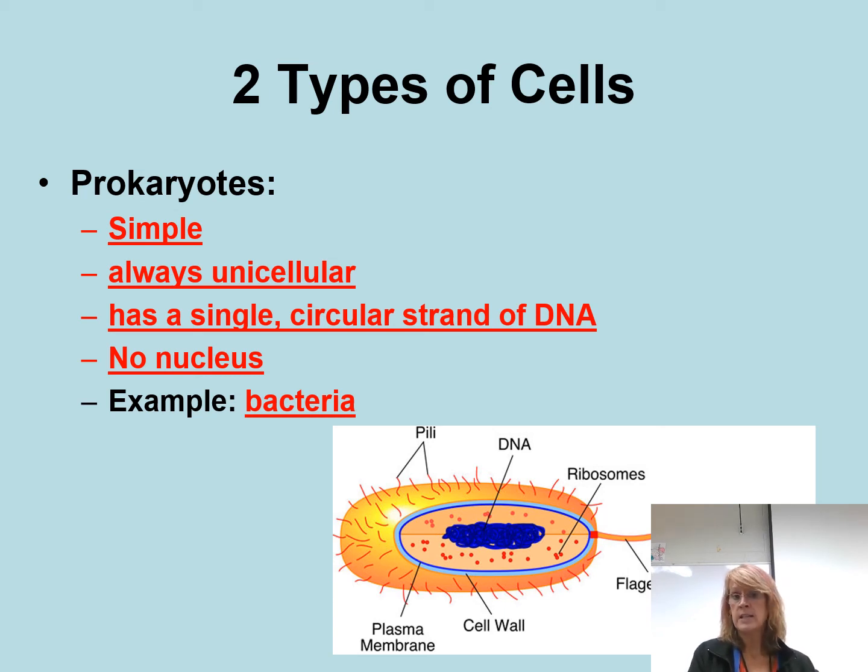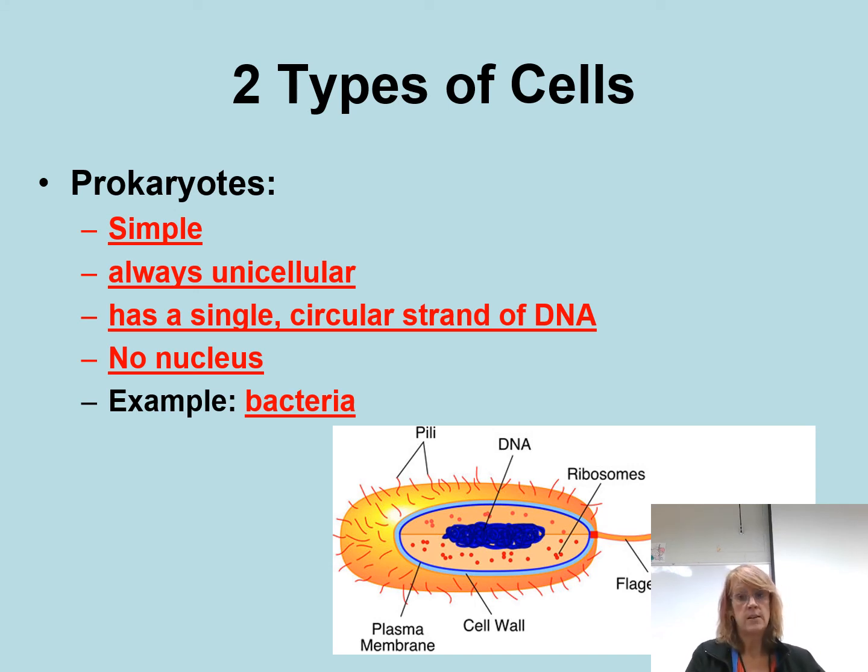And speaking of their DNA, they only have one piece of DNA, and it tends to be in a circle. So it's like you taking a long piece of string and tying it together. Or if you have a necklace, okay, that's what their DNA looks like. It's just one piece of DNA. Now it might be tangled up, as you can see in this picture, to look like a bunch of spaghetti. But if you were to take it out and unwind it, it'd just be one big circle.